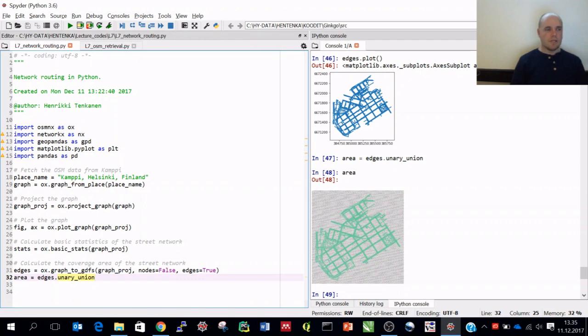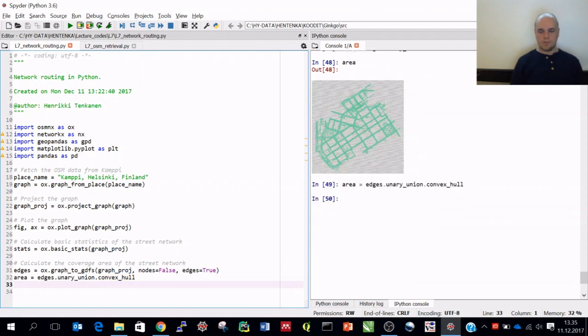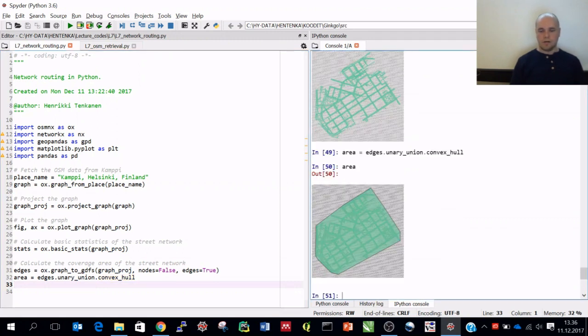Then after this we want to take the convex hull out of this. There is a function in Shapely called convex hull, and when we do this, let's take a look at what happens. And again we have the area. What we have now is this polygon, and finally to get the area of this polygon, we just add dot area, and now we have